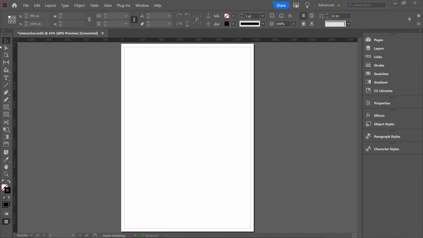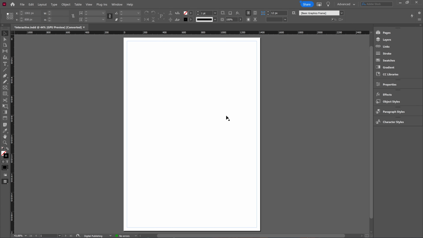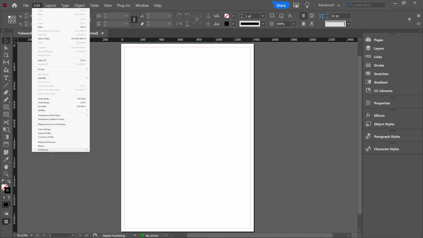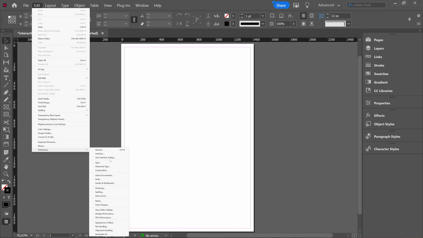In this tutorial, we're going to take a look at how you can change your interface scaling in Adobe InDesign. So in Adobe InDesign, you have your interface scaling, your text, your menus, and all those things. And you can change that if you want to. To do so, go to Edit, and in Edit we're going to go to Preferences, and in Preferences we're going to